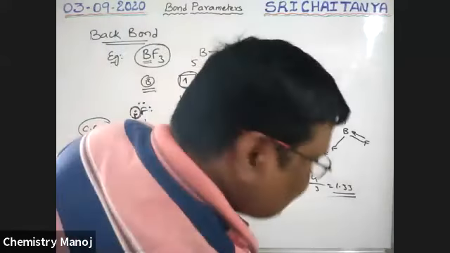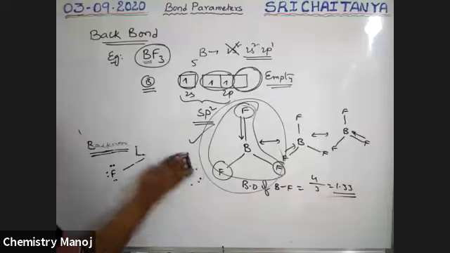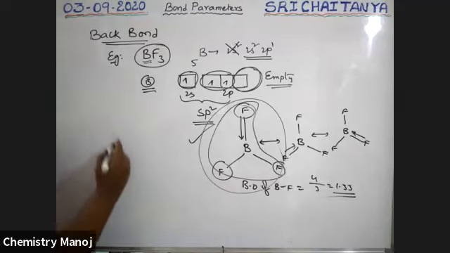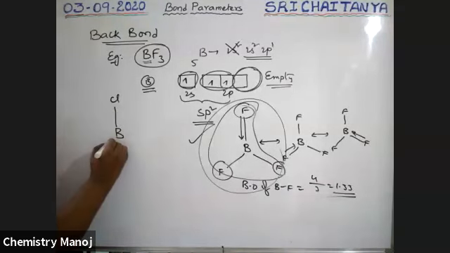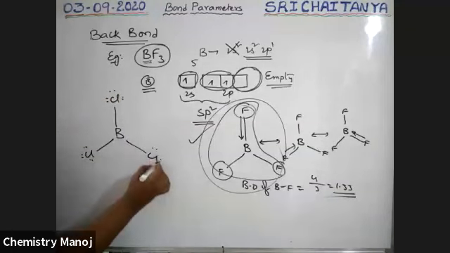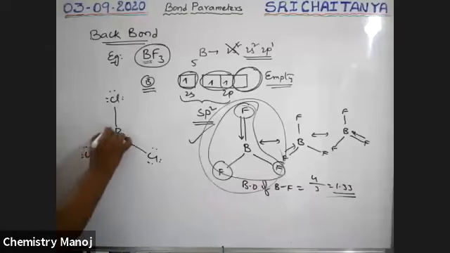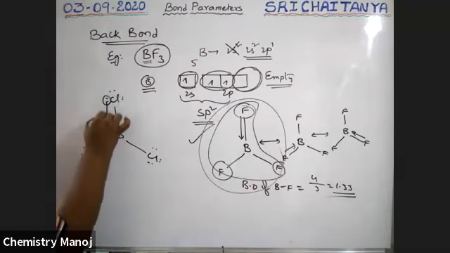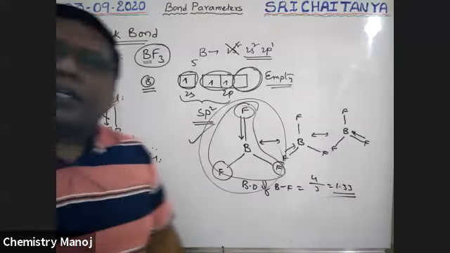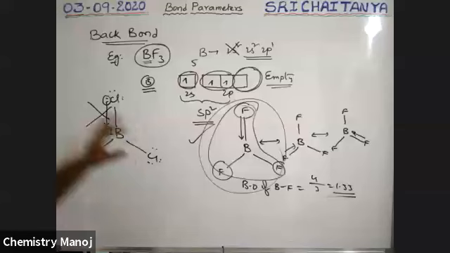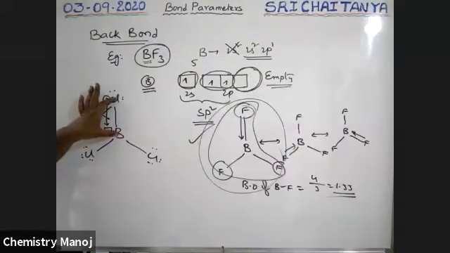Now is this concept also applicable for BCl3? The same concept, is it applicable for BCl3 or not? In BCl3 there is chlorine, and chlorine has 3 lone pairs of electrons. Boron has an empty orbital, as we already observed. Now is back bonding between chlorine and boron possible or not? Not possible, sir. Why not? Already I explained: these two atoms are not comparable in size, they are not the same size.